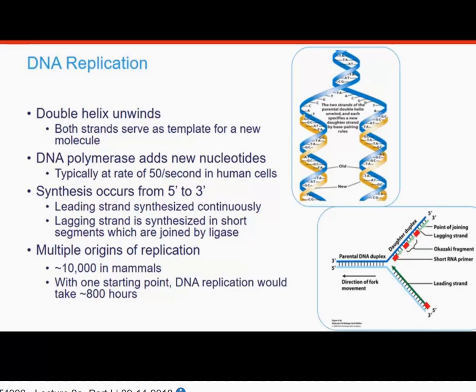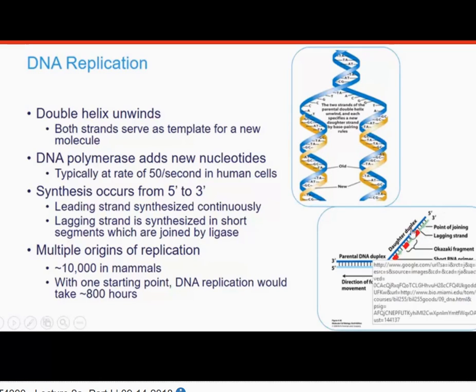Synthesis occurs in one direction only, 5' to 3'. And so they call the strand that goes 5' to 3' the leading strand, and it can just be synthesized straight down. But the other strand runs in the opposite direction, so there have to be